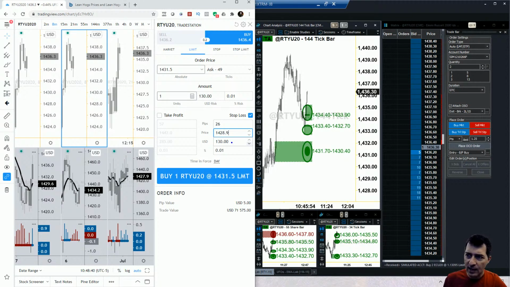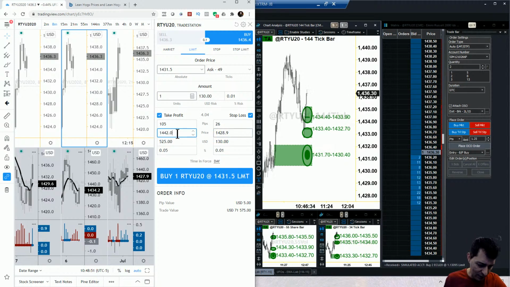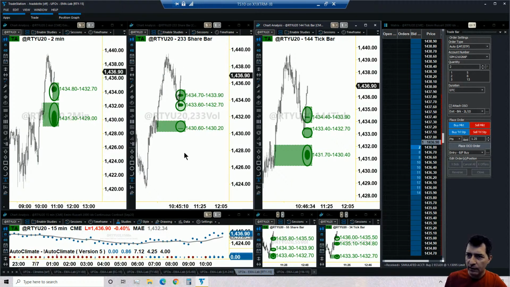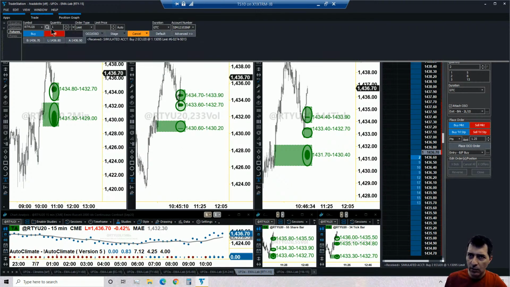So we are risking $130 per contract in this trade. Again, I'm going to be using 2 contracts, so I'm going to risk double that. Just keep that in mind. This is the risk of the trade. Okay, and then the final target, out of curiosity, we said was going to be 46.80. Okay, so that makes this trade like a 5 to 1. So it's pretty powerful stuff. Okay, so it's looking good for us to place an order, and therefore here we go.